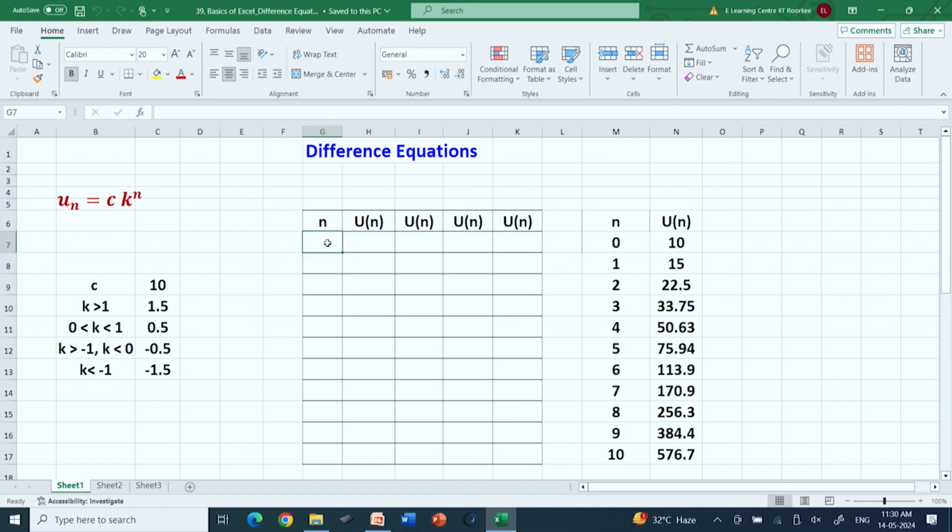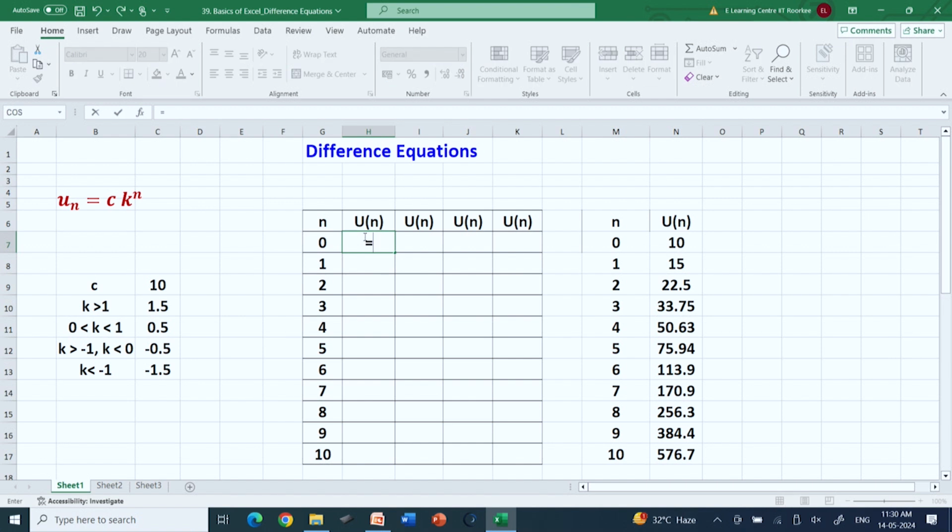To start with, I put this value to be 0, and I give an increment of 1 and calculate these values. Now, the first un, that is when k is greater than 1. If I put n equal to 0 here, I get c k to the power 0, so the value is c. So I can write u0 equal to c, which is this value,